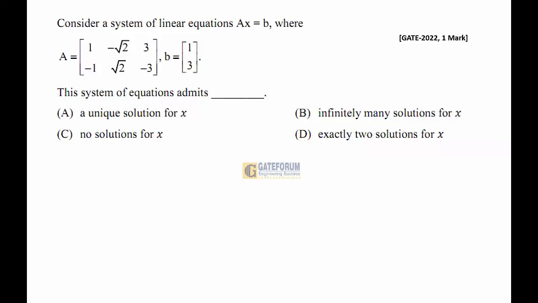The question is, consider a system of linear equations Ax is equal to B, where A is the matrix with rows (1, minus root 2, 3) and (minus 1, root 2, minus 3), and B is the column matrix (1, 3). This system of equations admits. This question is from engineering mathematics, topic linear algebra, subtopic system of linear equations. The solution is: